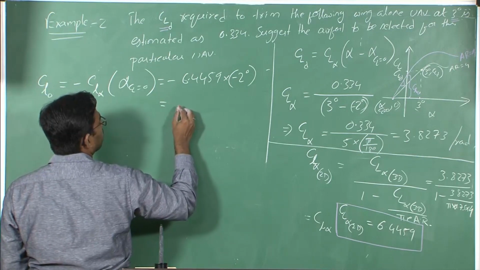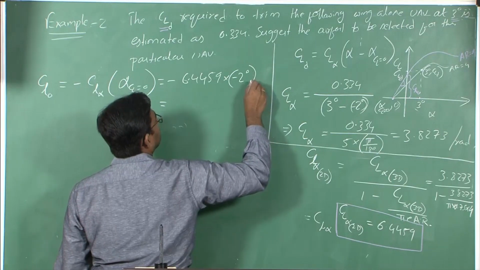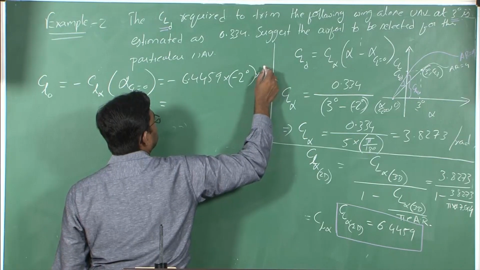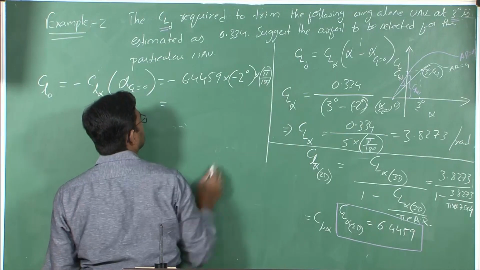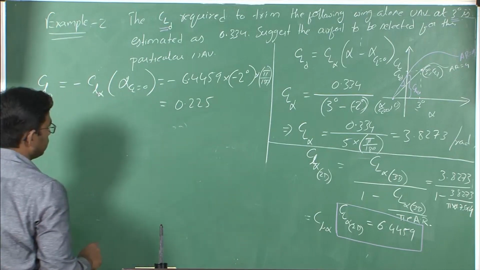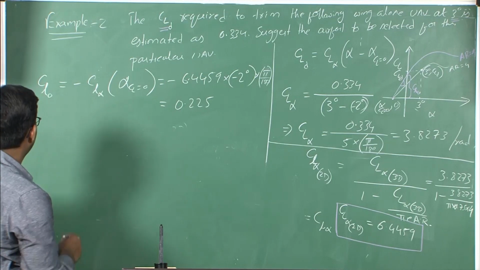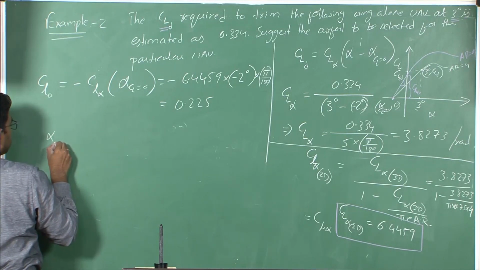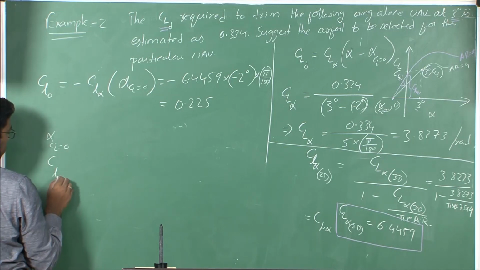So minus 2 degrees is given in the question. So this equals to, so this is in degrees but the slope is per radian. So I need to multiply this by pi by 180. This gives 0.225. Right, CL naught is 0.225 for the airfoil. Now let us see what are alpha at CL equal to 0 and CL naught of airfoil,